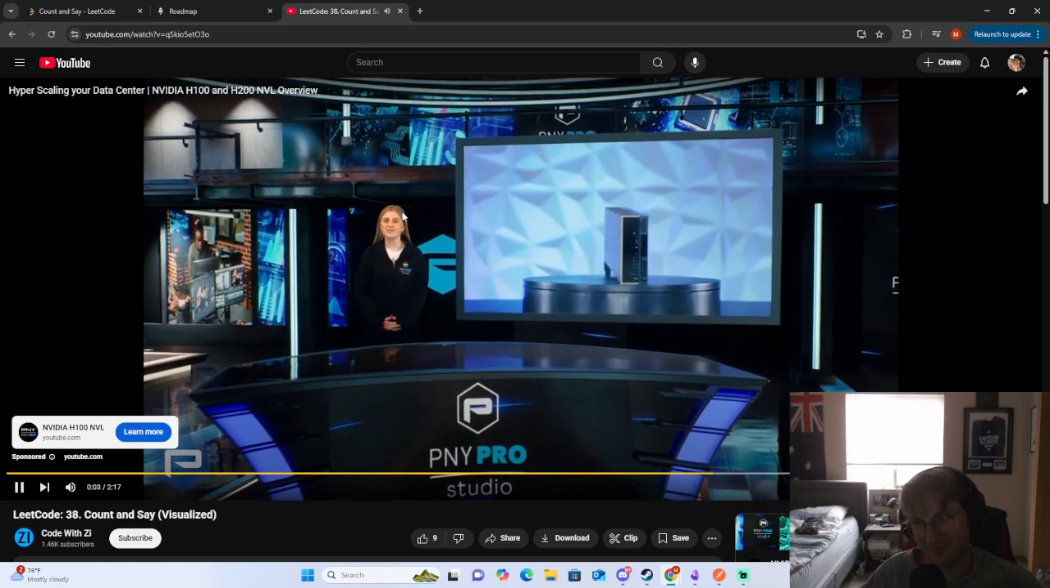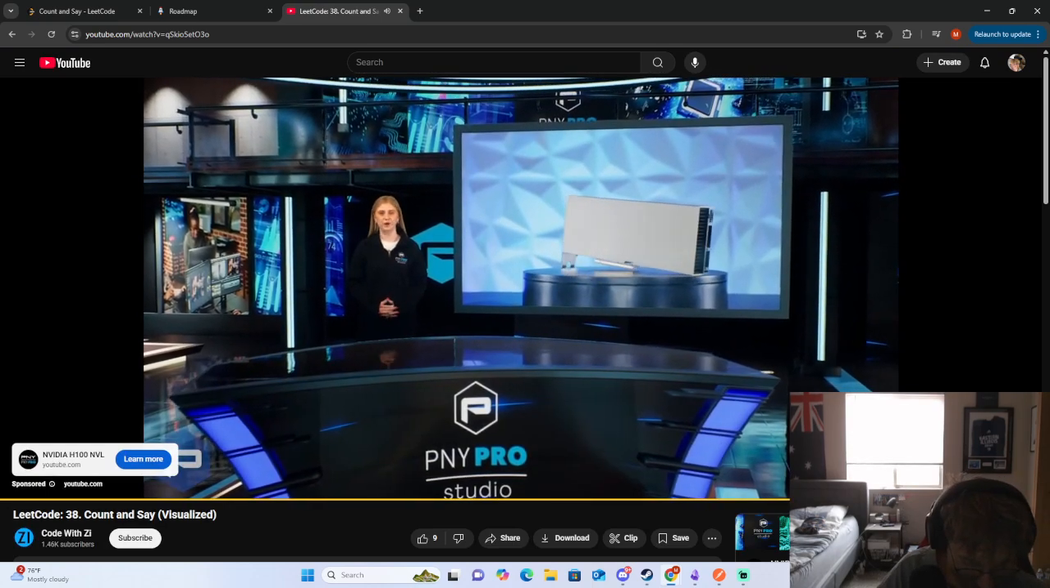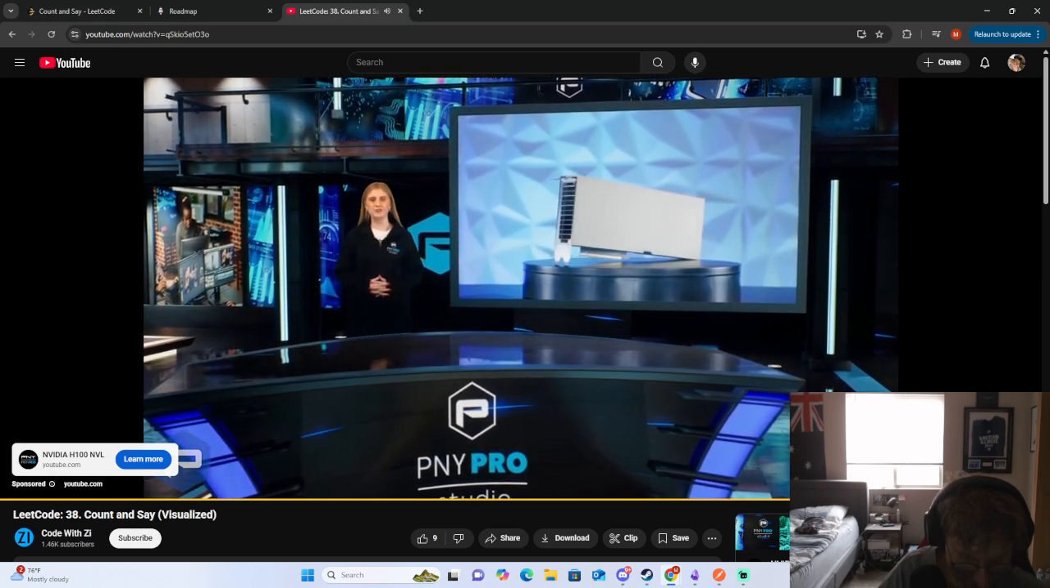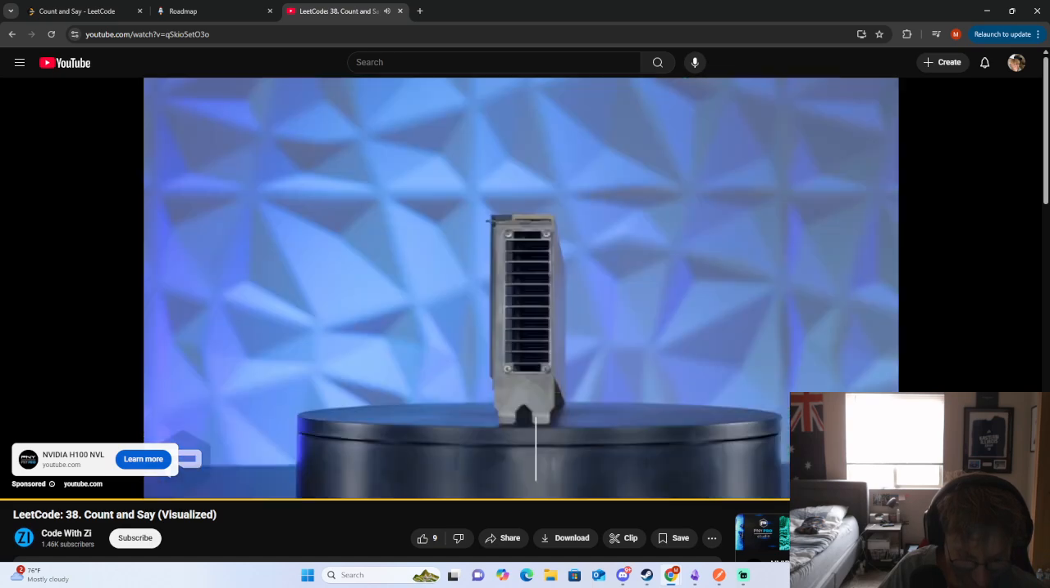Supercharge your most demanding HPC and hyperscale data center workloads with the NVIDIA H200 NVL and NVIDIA H100 NVL GPUs. First, the NVIDIA H200 and